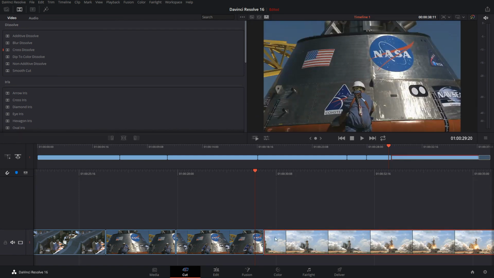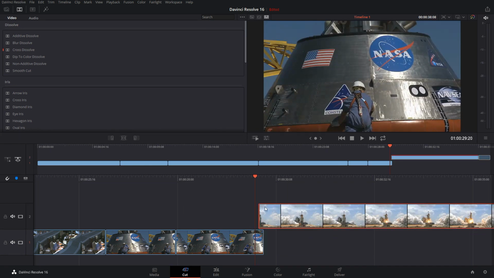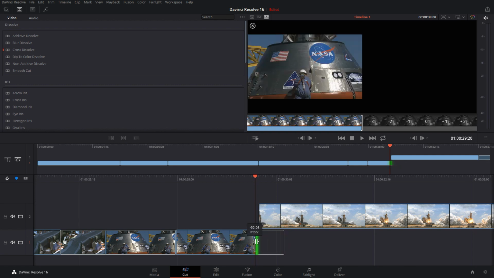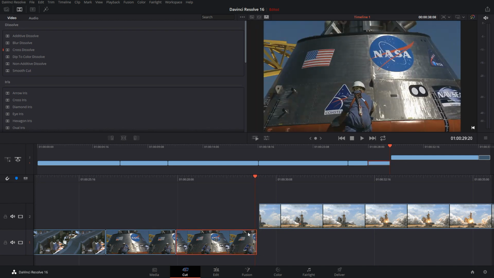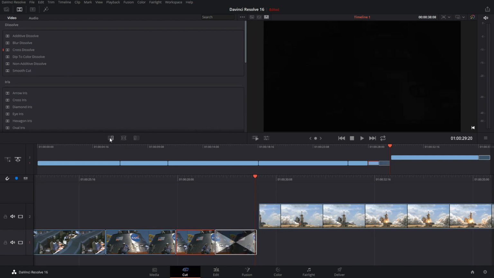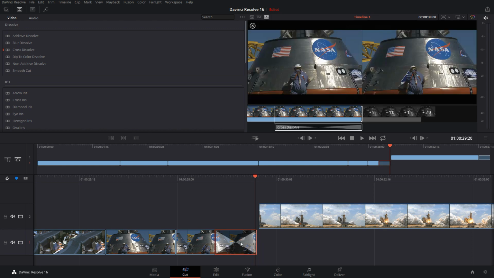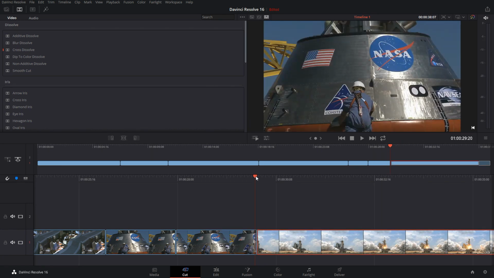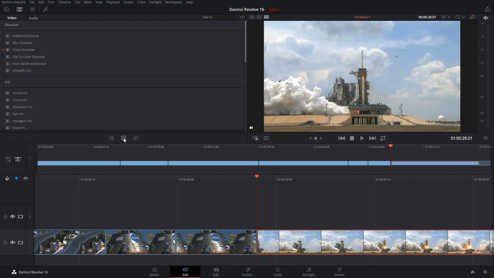But if I move this here, let me just bring this one up, and I try. This one does have enough space, so why is it that it doesn't give me one? Here we go. Okay, it does work. So it gives you a transition at the end here. When they are next to each other,